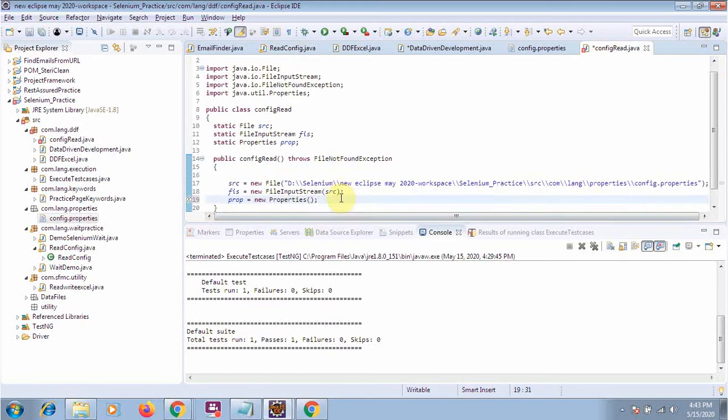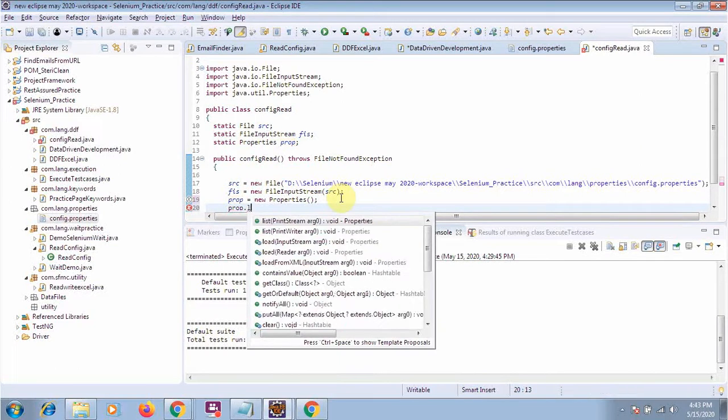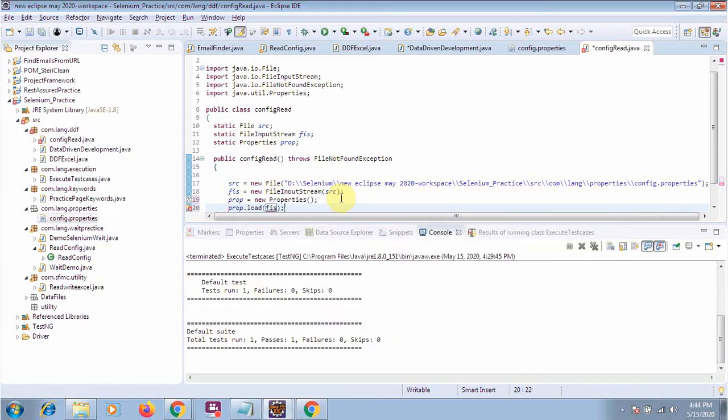Now we have to load the property file. Inside there is a method named prop.load, which accepts the file input stream argument. You will check it here. So here you have to pass your FIS object.